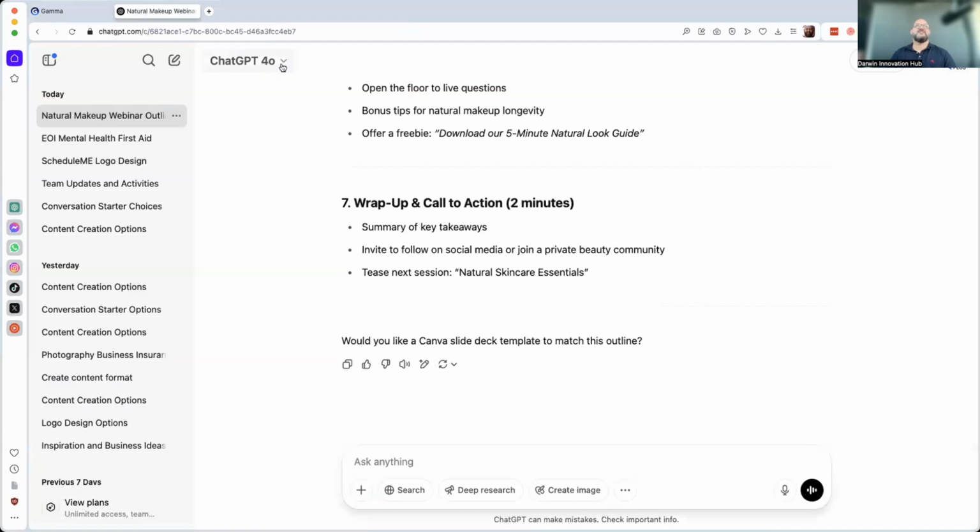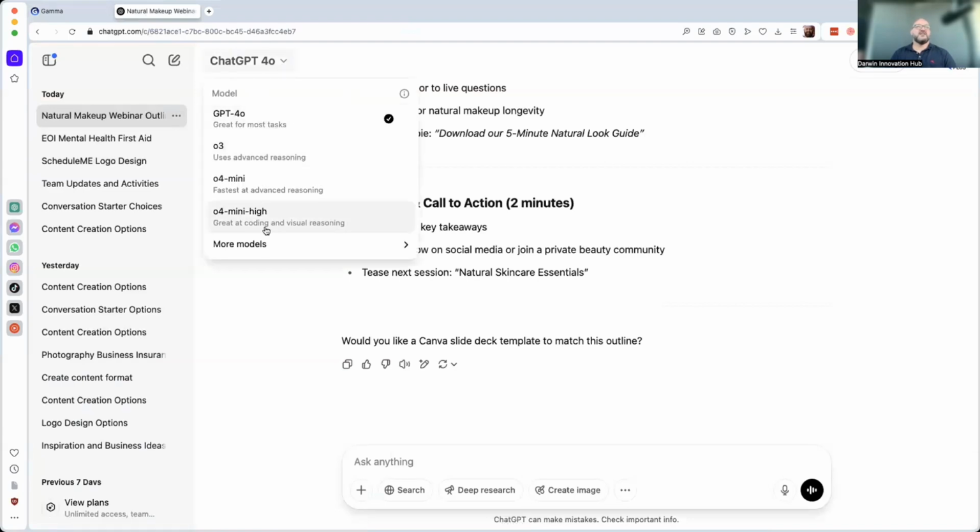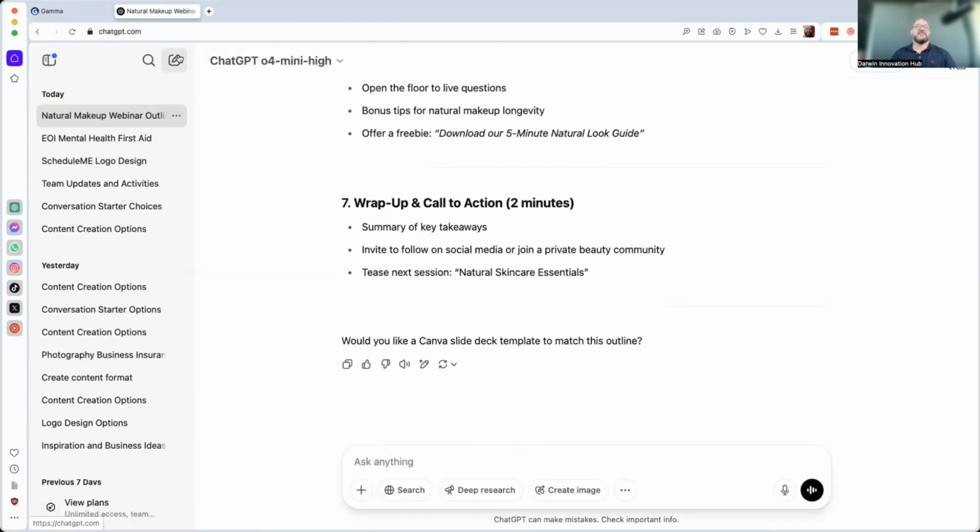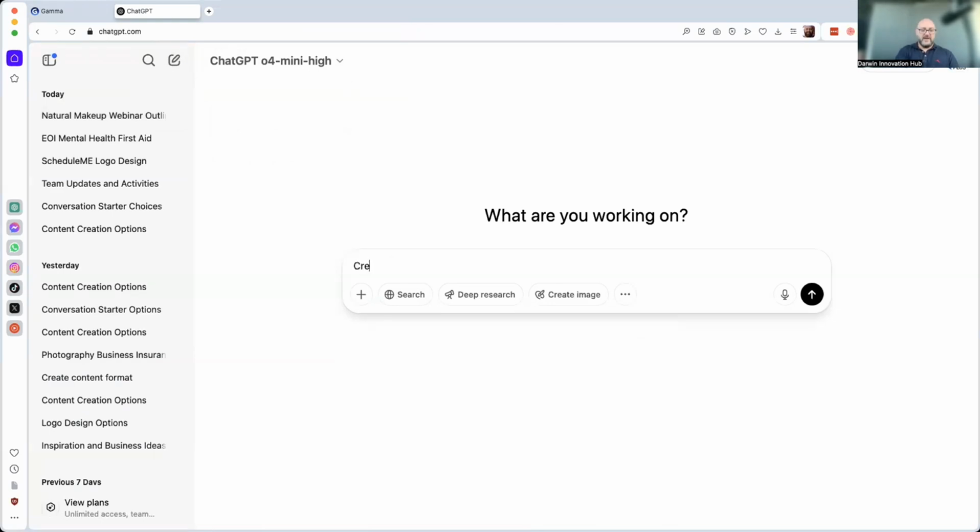Well, let's do one for example. I'm just going to use Mini High because it goes a bit faster, and we're going to say, create me an ebook of 10 pages about the topic of maintaining your composure at work